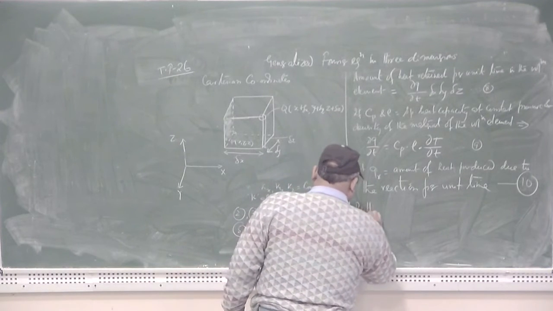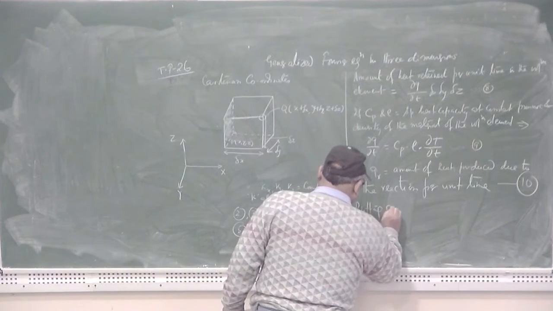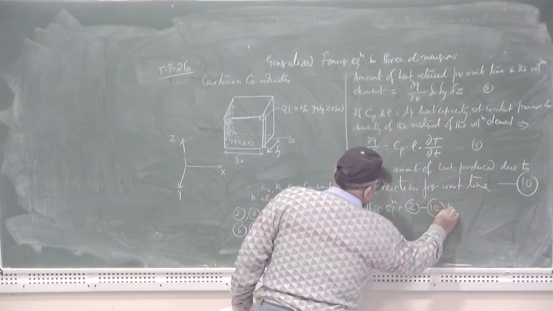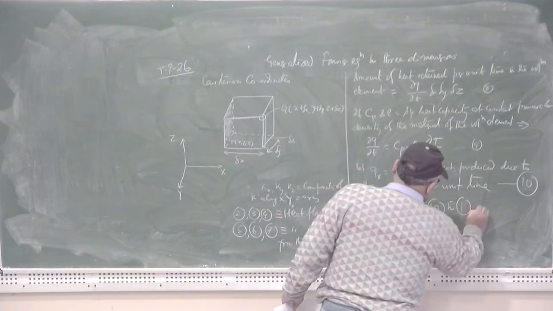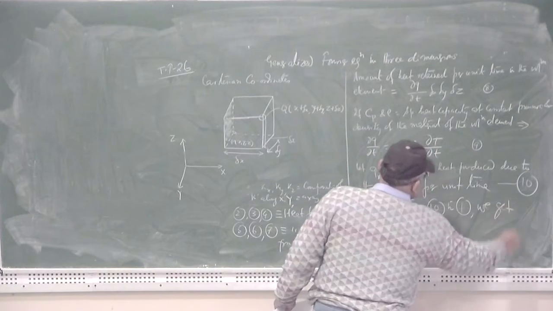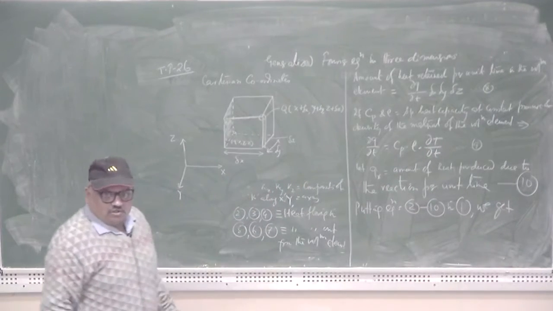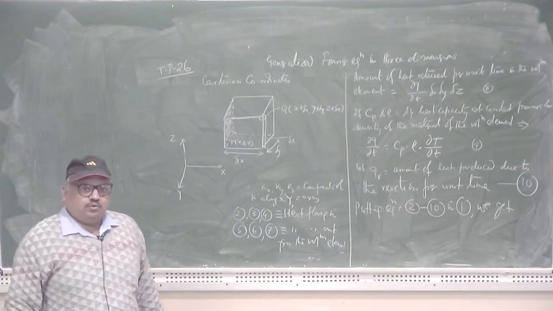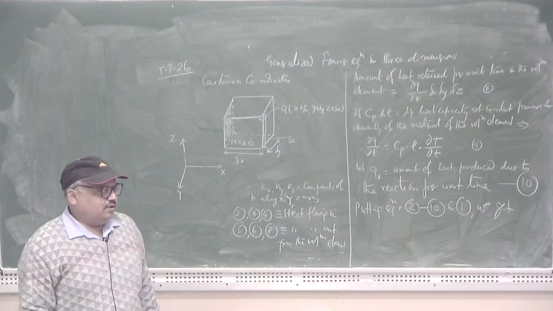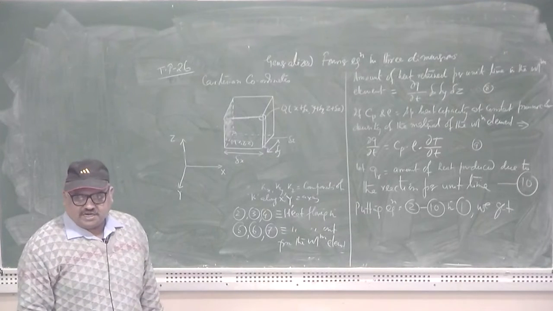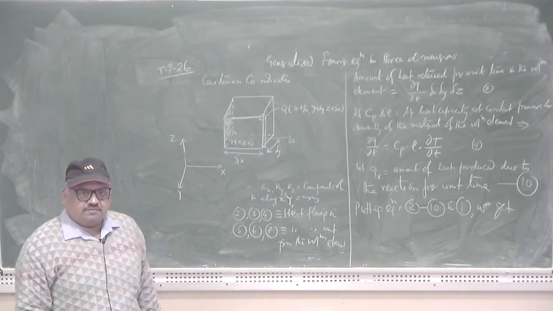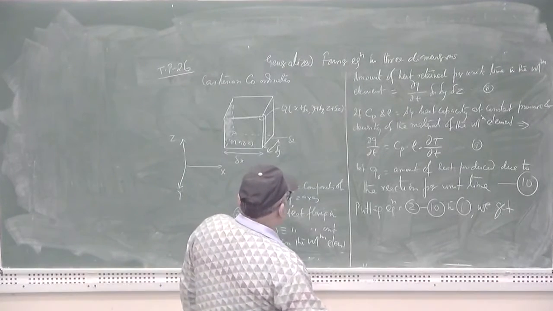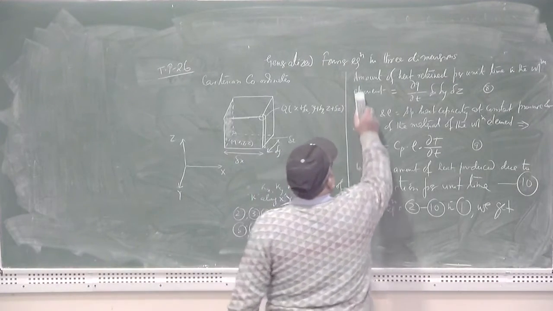Putting equations 2 to 10 in equation 1, we get, putting all the equations ranging from equation number 2 to 10 in equation number 1, which stands for the principle of conservation of energy. So right now